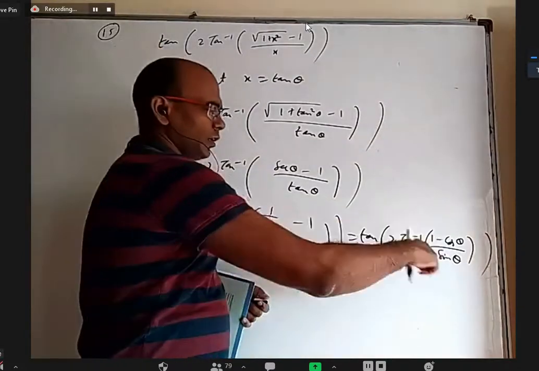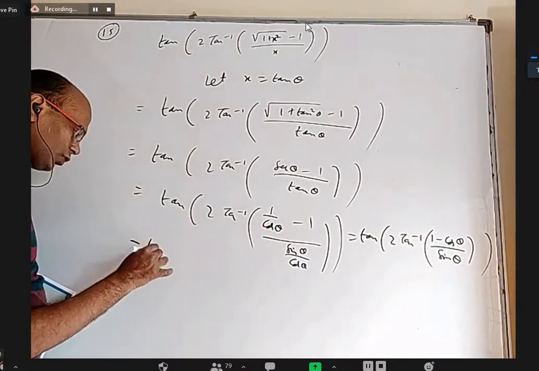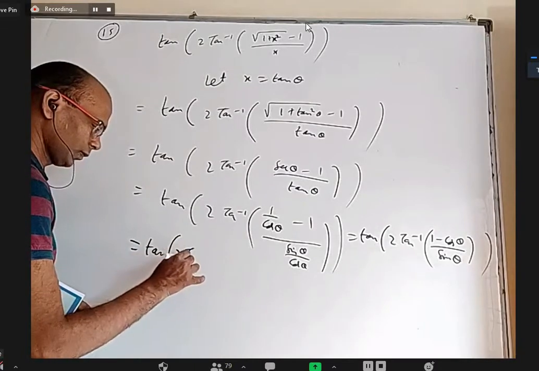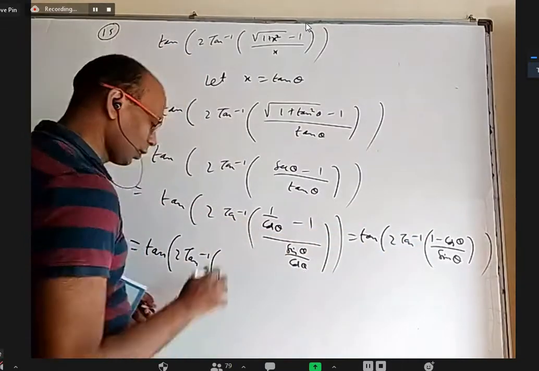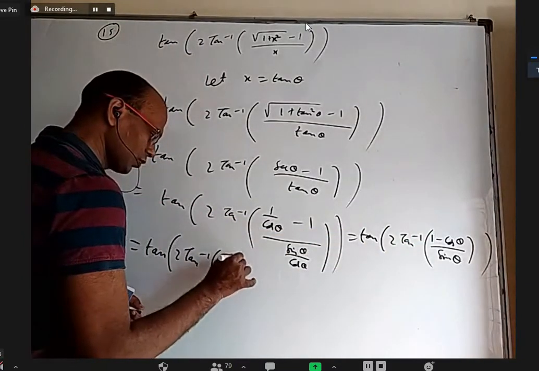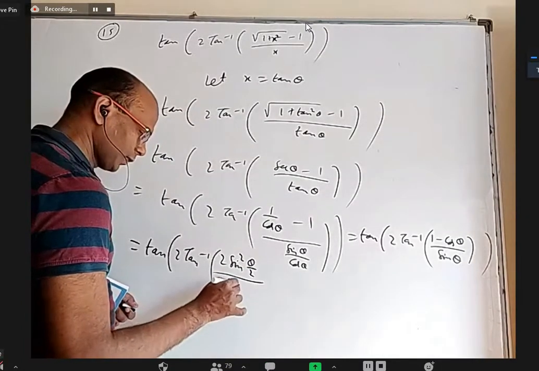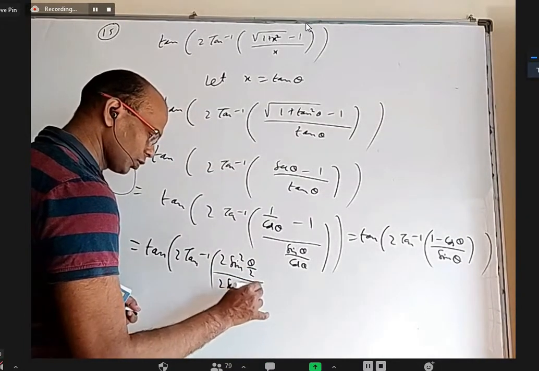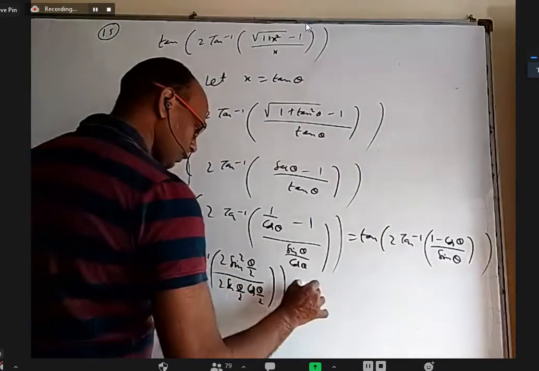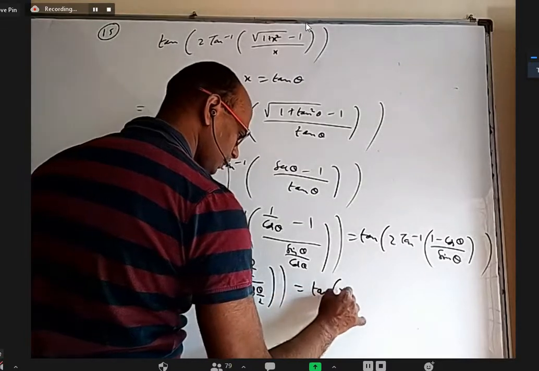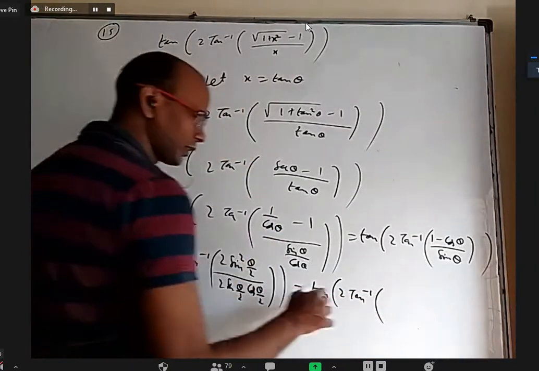We know in trigonometry already it is directly tan theta by 2. If you have forgotten or you want to write it, okay, here by cos and by cos cancel after LCM. 1 minus cos theta is 2 sine square theta by 2, and sine theta is 2 sine theta by 2 cos theta by 2, which is tan of 2 tan inverse. This will become tan theta by 2.